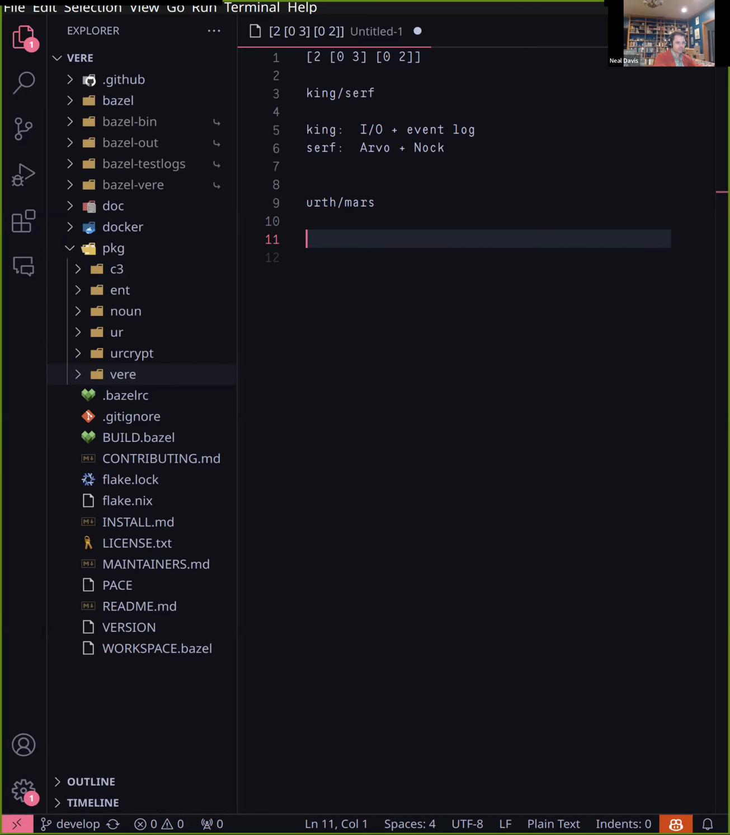This would move the event log into the serf and then name it Mars, and so then you'd get truncation eventually is the main thing. Basically, it's moving functionality out of the king into the serf. This is actually a mostly complete PR since February of 2023. There's a bug that has prevented it from being merged,